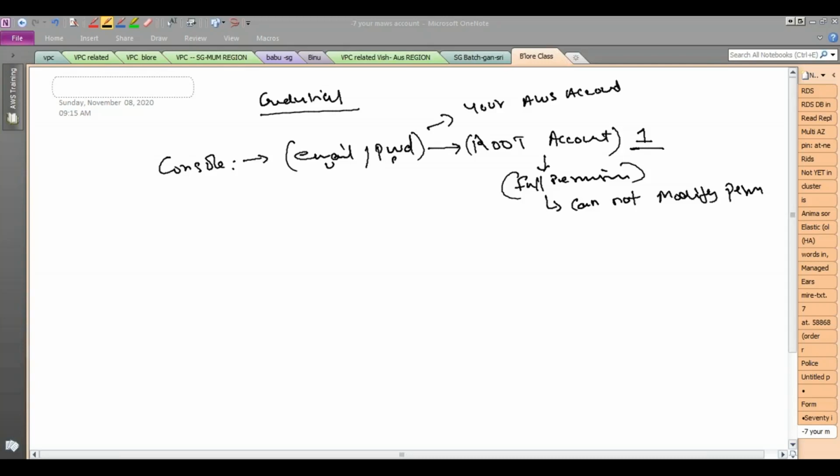So in real time, nobody is going to use the root account, right? So you should not use the root account for everyday admin. It will work, you can use it, but it is not a security best practice, right?